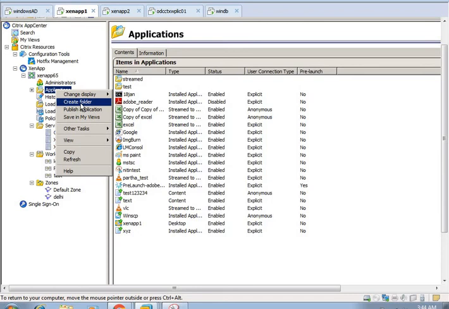For stream to server, you need to choose one of the XenApp servers on which the application will stream for the user. The same goes for stream to client, except you need not choose any server. Once the user accesses the streamed application, it will stream directly to their desktop, laptop, or whatever device they are accessing the application from.